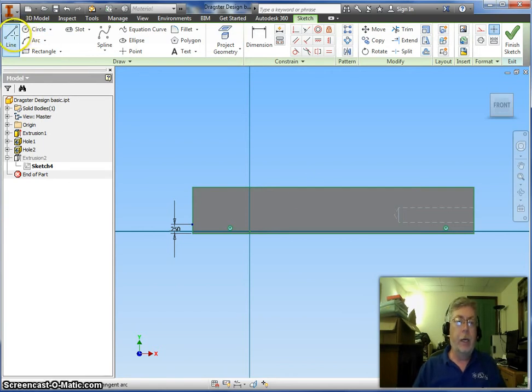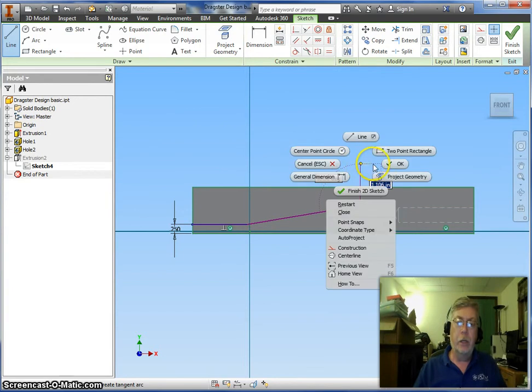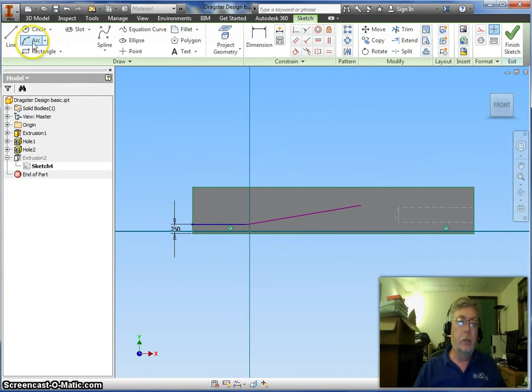Now I'm going to select line, and the shape that I'm after starts right here at the same point where the other one ended and goes along here horizontally and then up at an angle toward the back. I'll click right there and end that. I'm going to select arc, and I'm going to install an arc back here,